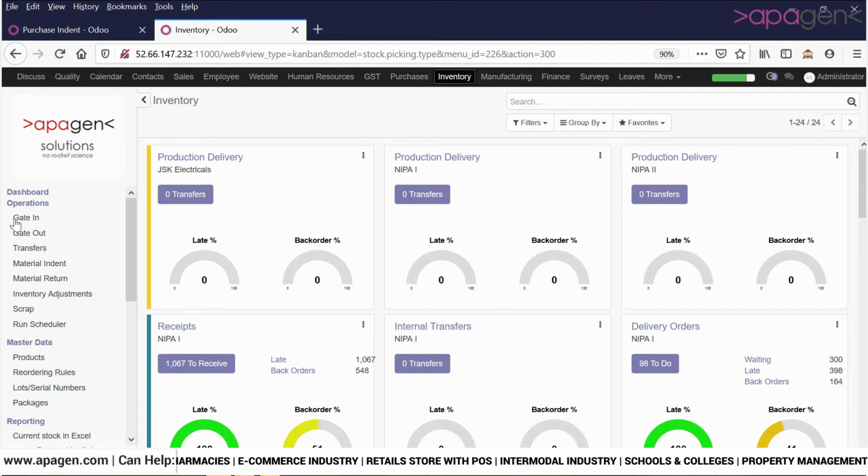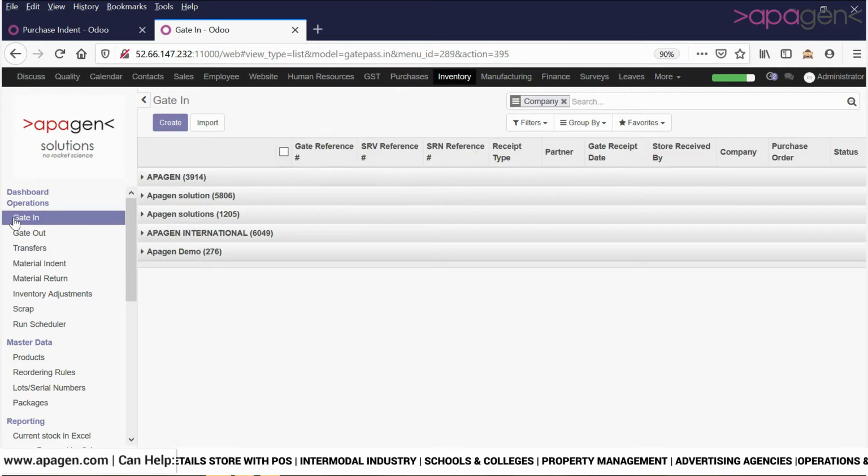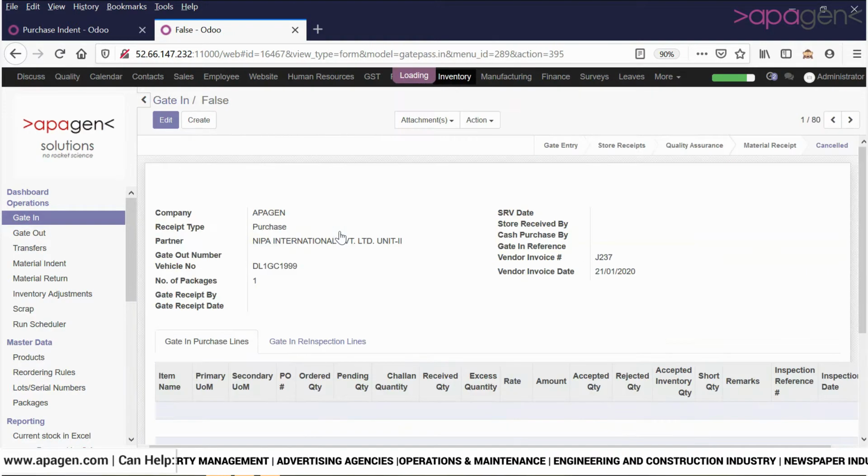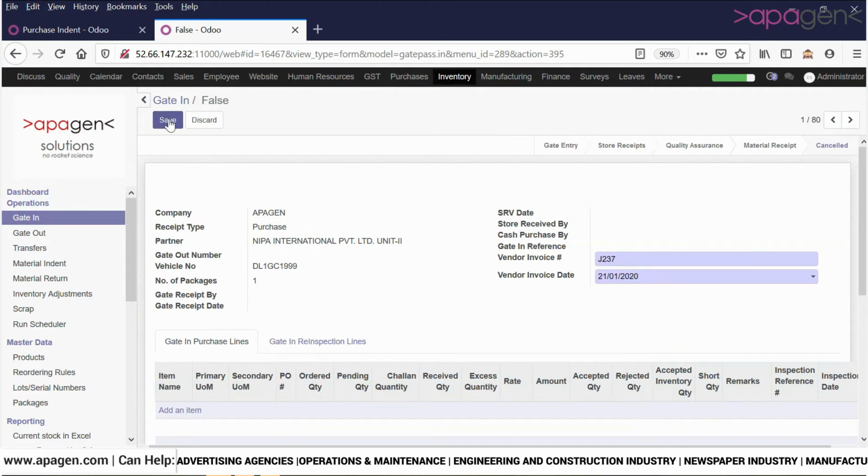We go to the gate-in process. Gate-in process refers to all the processes which require all the items to be received within the system. We have different types of gate-in process starting with purchases. So let's take an example.